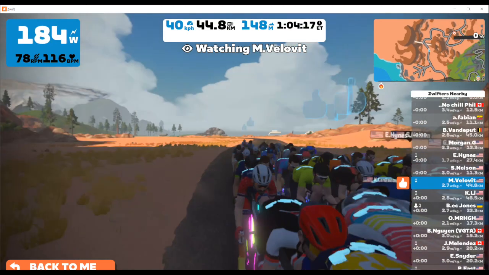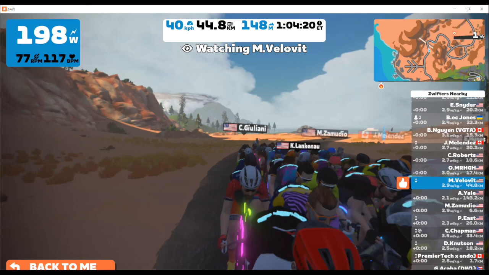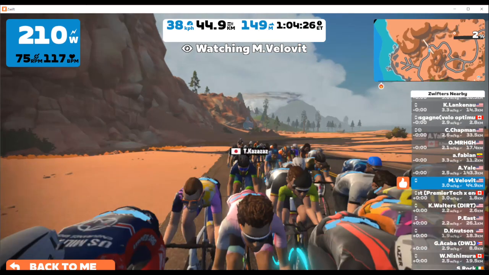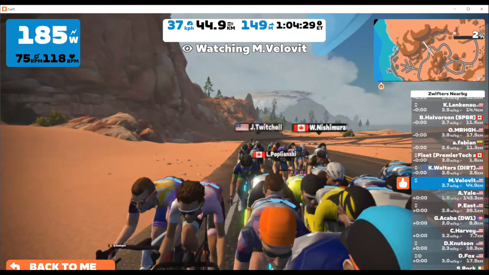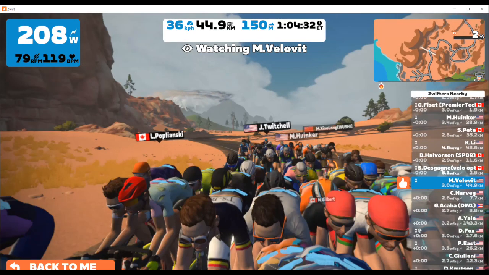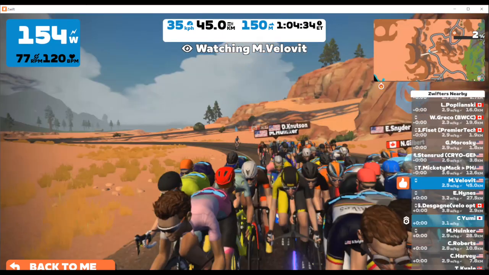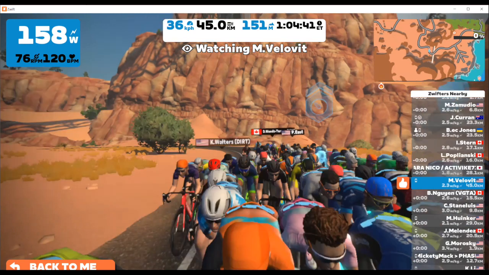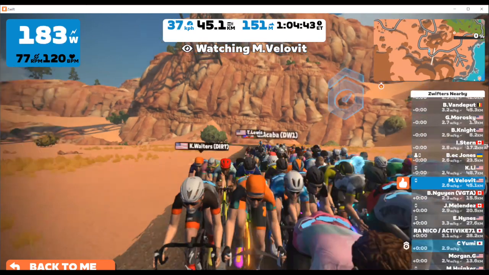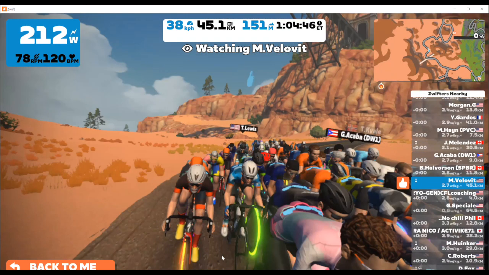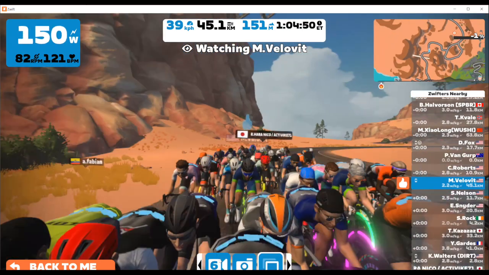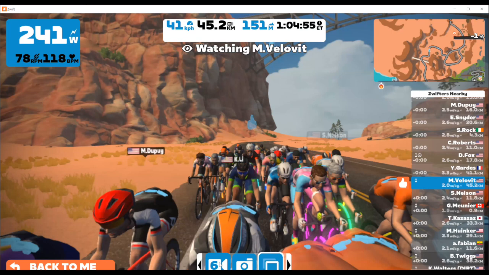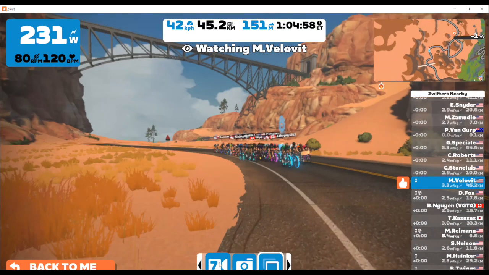For a lot of people, they just like to change the view just so that they can break up the monotony of looking at it. Personally, I change views for racing. Sometimes I want to see what it looks like behind me when I have the lead, to see if anyone is attacking. Sometimes I want to put the view in front of me so that I can focus in on hammering going forward. Sometimes I'll put it on the side for time trials to see how much of a gap I'm putting between myself and others. So it's not just a cool way of being able to look at the game. There are strategic advantages of utilizing this if you're into racing on the platform as well.